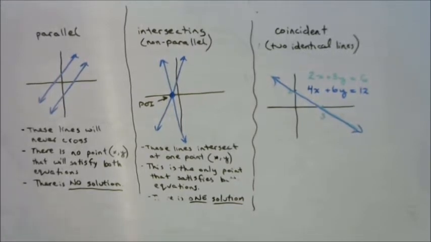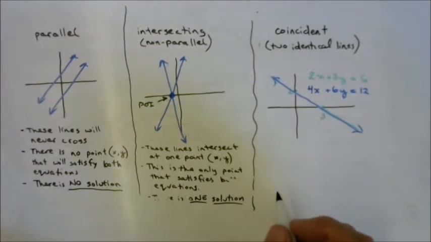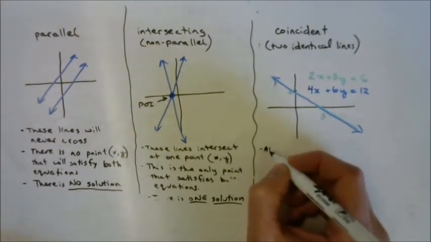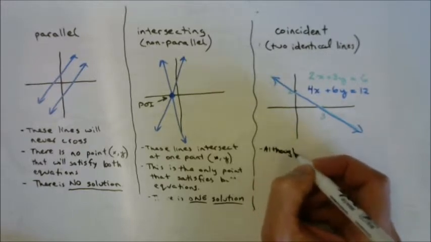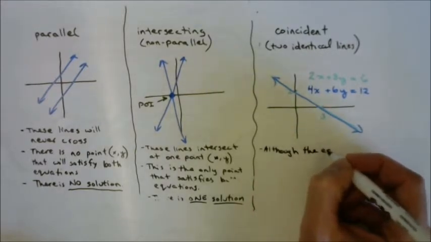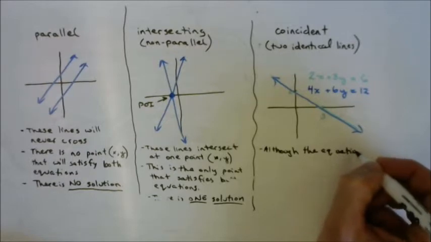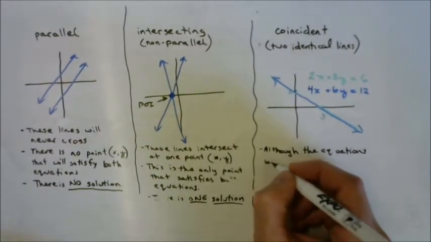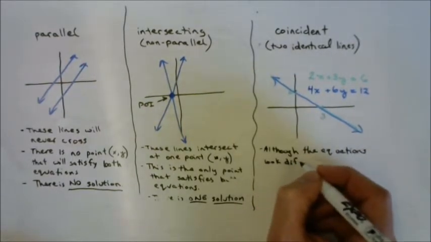Okay, you'll get the same line over. Could I have just converted into y equals mx plus b? Yes. As long as I do it properly using my algebra skills, I can rearrange it and it will still be the same line. Okay, so here's a few notes. Although the equations look different,